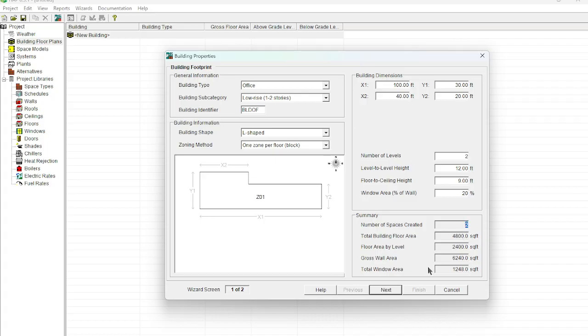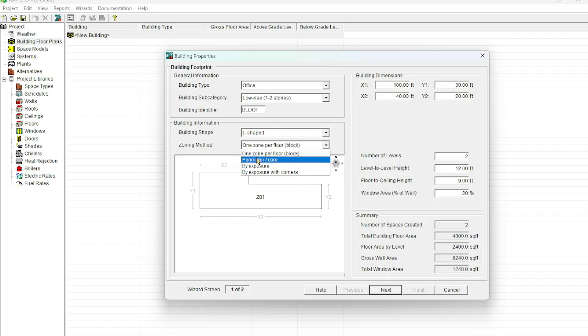Okay, I'm sorry, that's a grayed out number. I'm not going to be able to do that until I fix something else up here. Oh, right here, zoning methods. So number of zones. We really want to come up with how many more areas there are. Number of spaces created, 2. Based on that, it's because we have 2 levels, but we want to do,